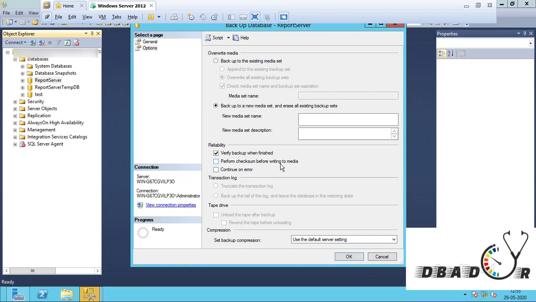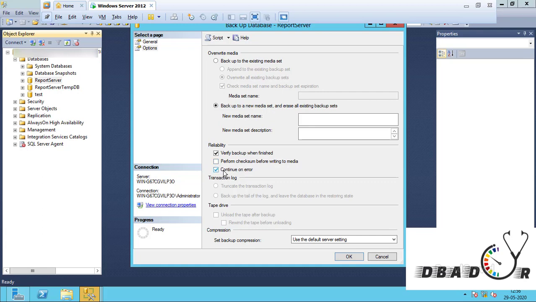In that case, if you have a backup but you don't know whether it is verified, and in some scenario you want to use the backup but you find it is corrupted, that is the worst situation for you. To avoid that kind of scenario, if you select verify, the system will take care of backup verification.